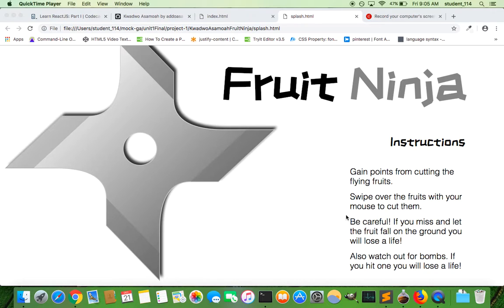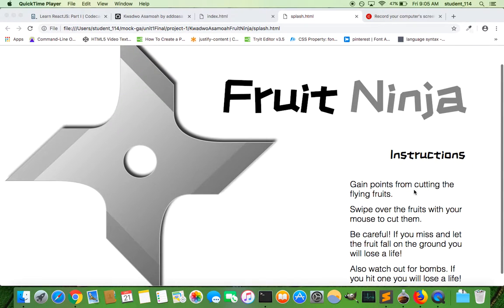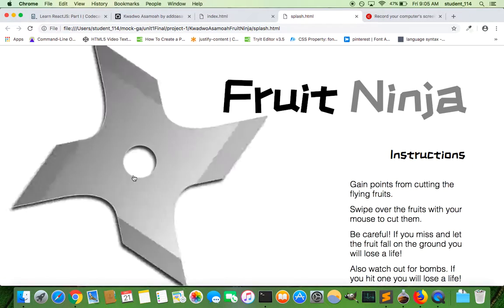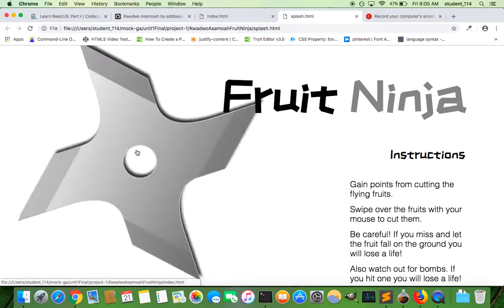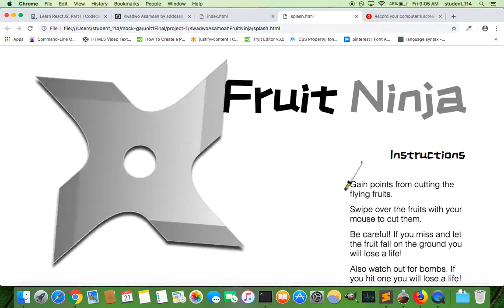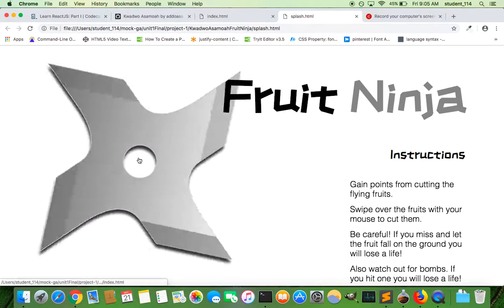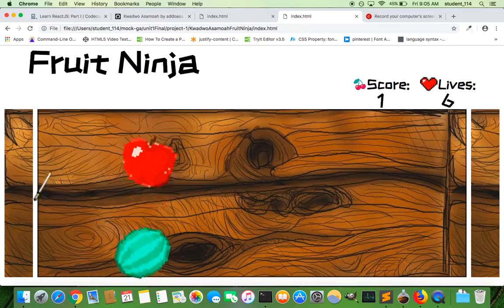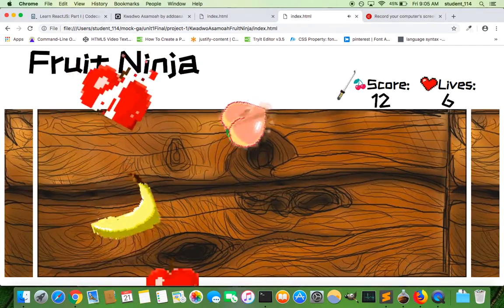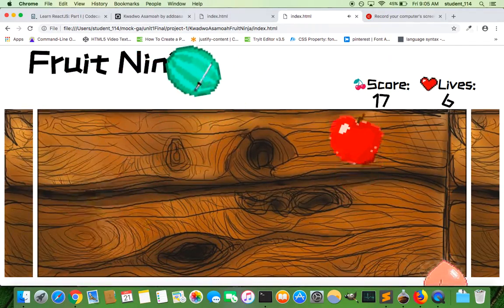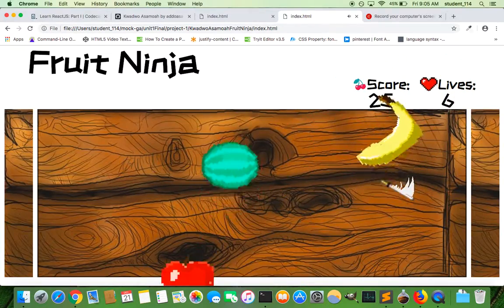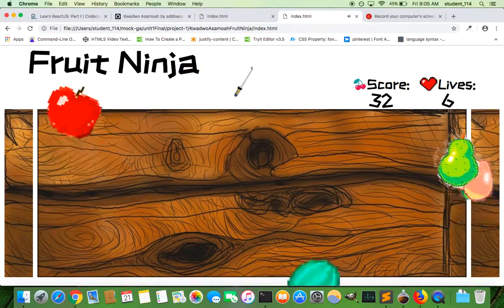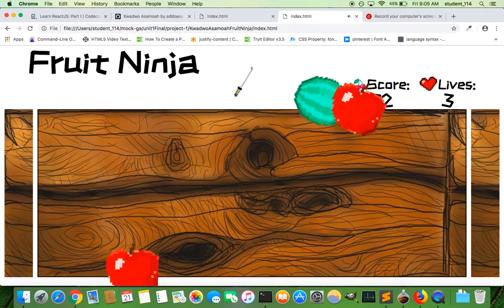So as it says here, if you drop a fruit, you lose a life, and if you hit a bomb, you lose a life. So this is the landing page. There's a cool shuriken right here with a pretty sweet hover. And then when you click it, it takes you to the actual game. Oh, it's a bit loud, but as you can see,